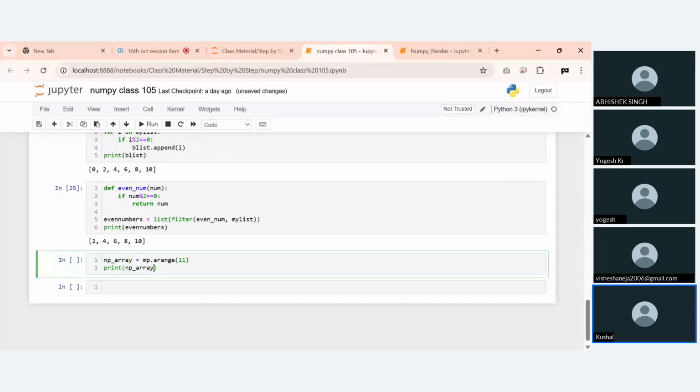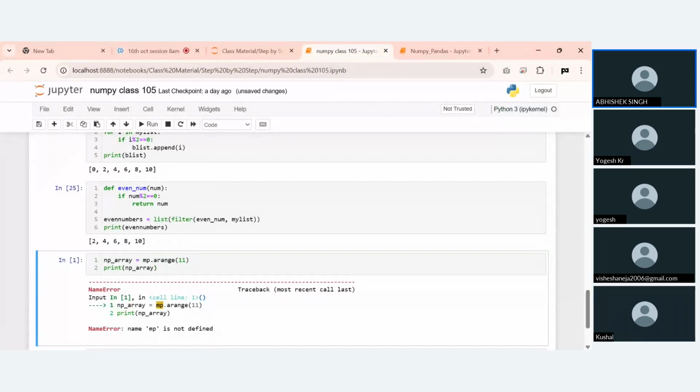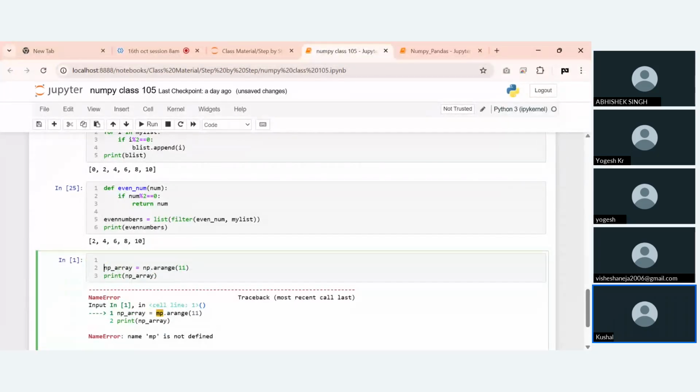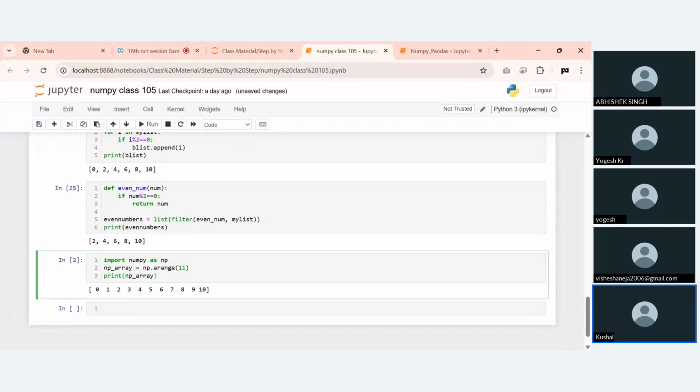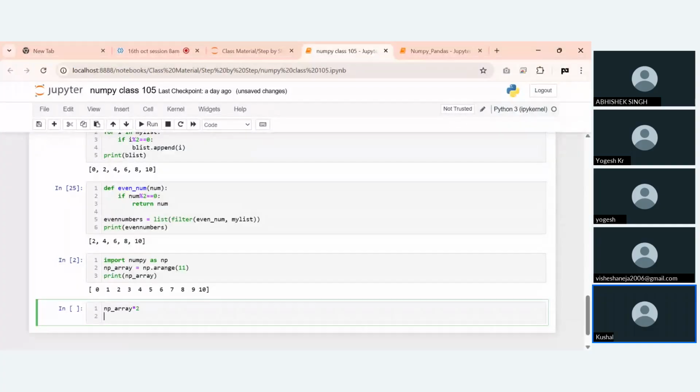It is creating an array from 0 to 10 with np.arange. And before this we also have to import it here, because we have newly opened this: import numpy as np. Okay, so now this is created. Now I want to apply np_array into 2. Then what will happen? Simply, if I print np_array now, all the elements